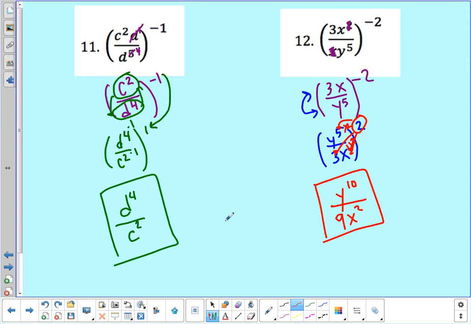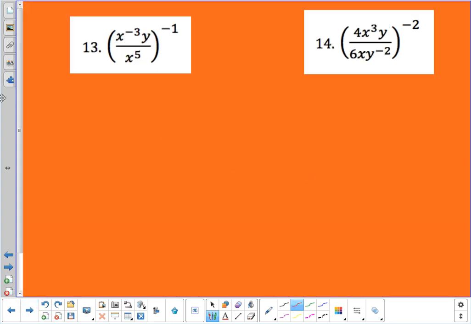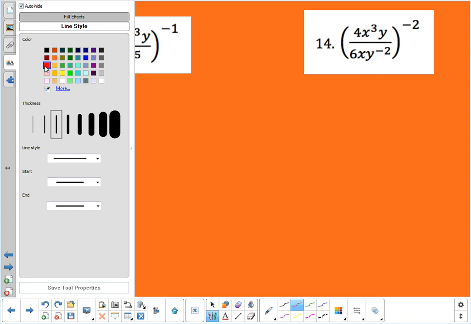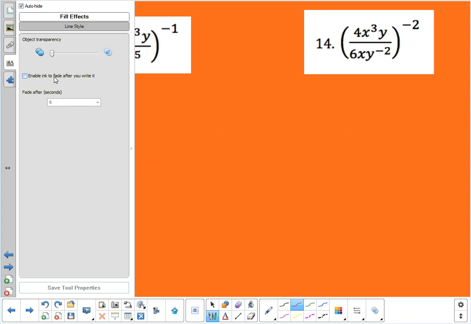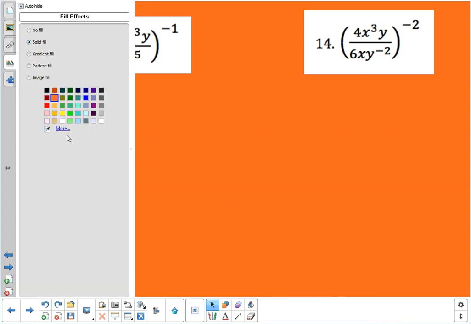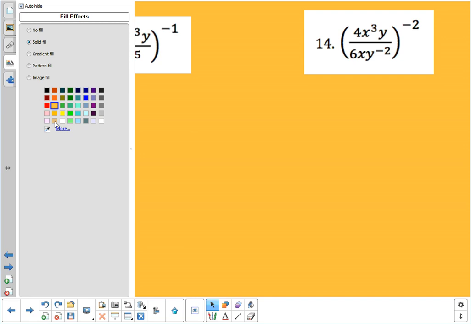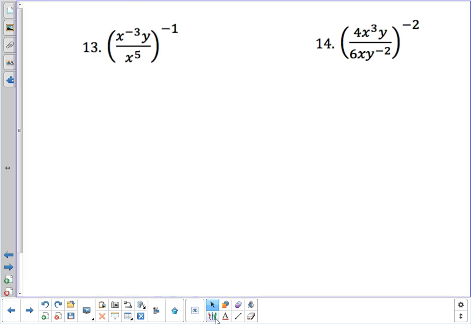Notice that my answers don't have any parentheses. I can't leave those parentheses in there. I've got to fix it. So one thing we're taking care of. So we're going to do a couple more of these and go from there. Make this a little lighter so we can see a little better. There we go. So in number 13, I have x to the -3rd y over x to the fifth, all